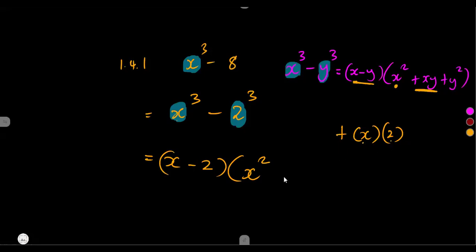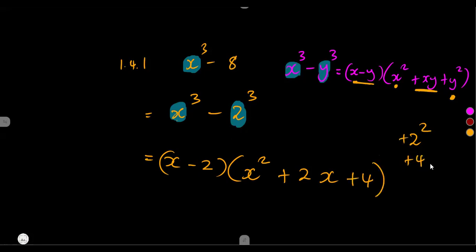And we have the last term squared, plus y squared. Our last term is 2, so that's 2 squared, which is going to be plus 4. So this is factorized fully